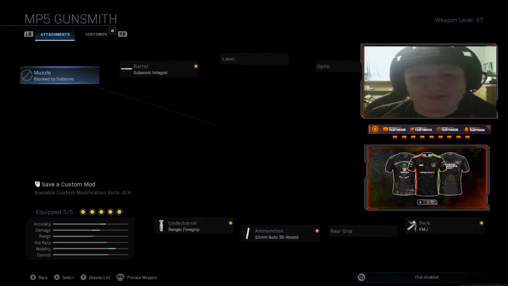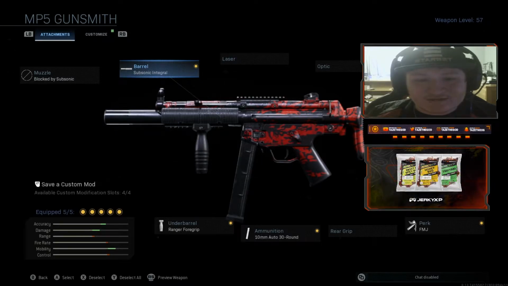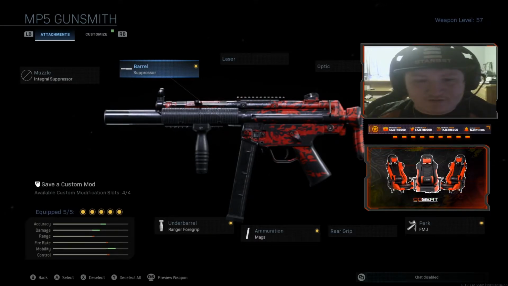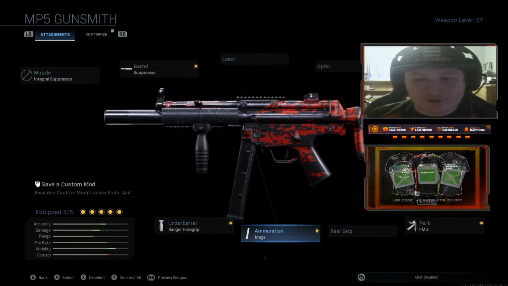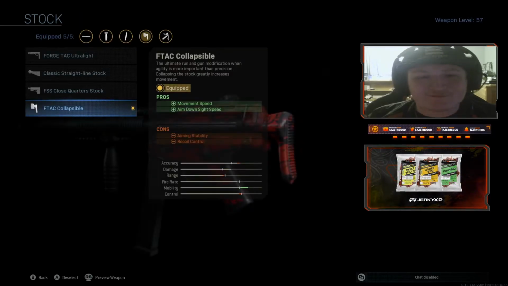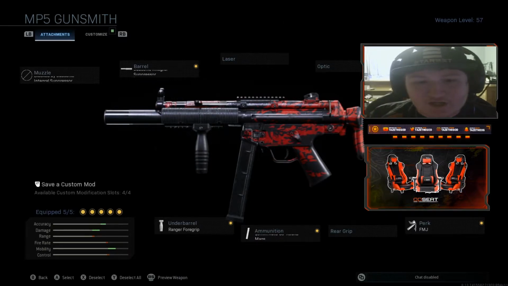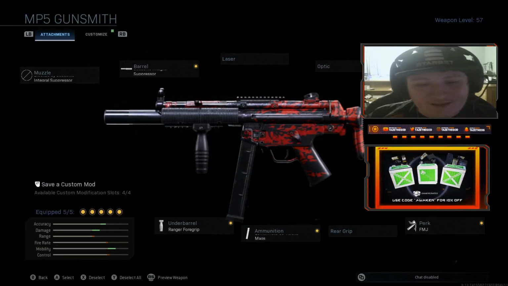That's with the MP5. So for this class setup, guys, with the barrel, I am using the integral suppressor and everything, which does block the muzzle, but it still does very, very well. Then I'm using the Ranger foregrip, the 10mm 30-round mags. I'm using FMJ, and then as well, guys, I'm using the FTAC stock. In terms of things, the accuracy is going to be really, really good on this. The damage is going to be really good. You are going to have a little bit of a hit in range, and fire rate, and control, but nonetheless,